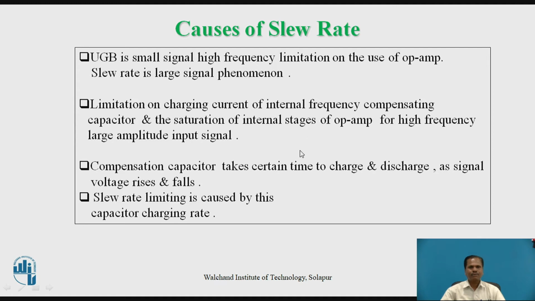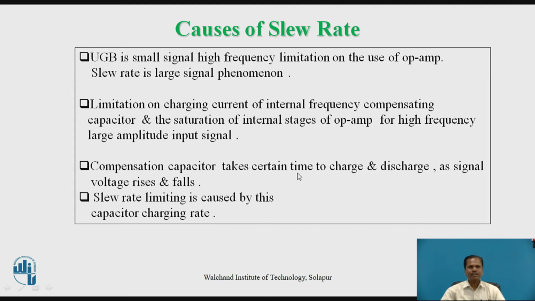and the voltage across this capacitor. Voltage across this compensation capacitor is the final output voltage of the operational amplifier. So the rate of change of output voltage, that is the rate at which the voltage across the capacitor rises, is given by the derivative of capacitor voltage with respect to time. So that is equal to the charging current upon the capacitance value of the compensation capacitor. So that is, the derivative of Vc with respect to time is equal to I upon C.